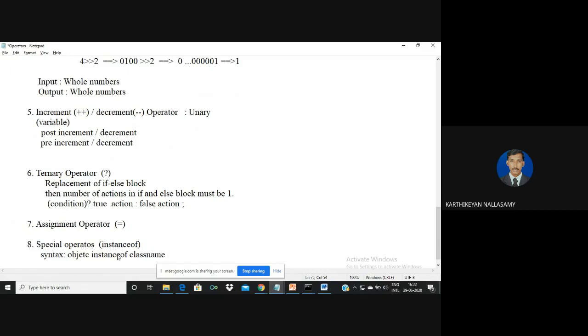If it is correct, then it returns true. Otherwise, it returns false. So the input of instanceof must be an object and the output must be true or false, that is called a boolean.